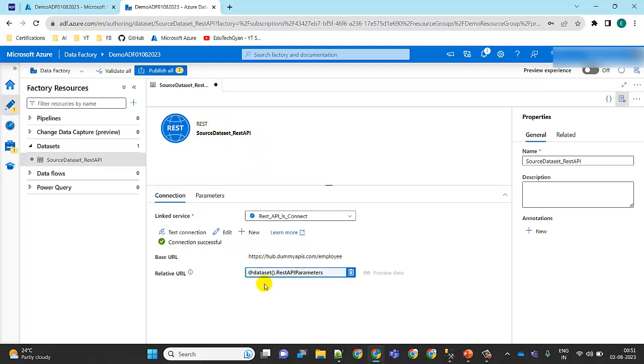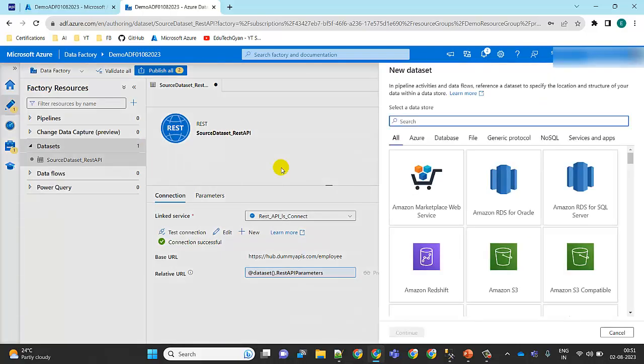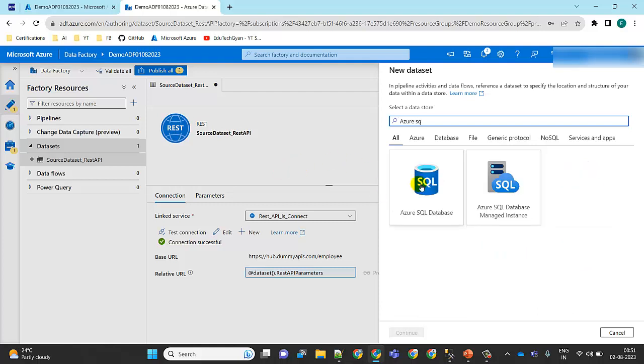Here we need to pass the value. I'll tell you when we need to pass it and from where we need to pass the value. For now, only remember one thing: we created one data source. Now we are going to create another data source, to store the result we got here. We need to store it in the SQL DB, right? So for that we are going to use Azure SQL Database,